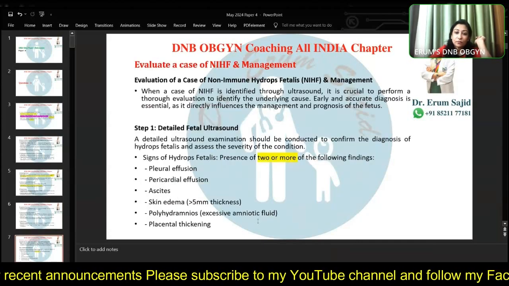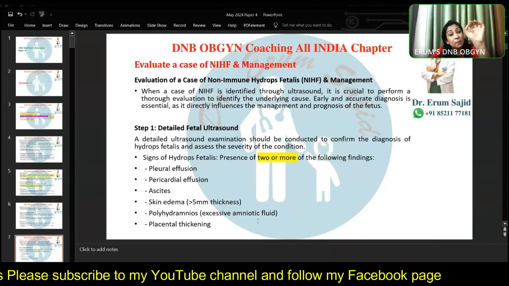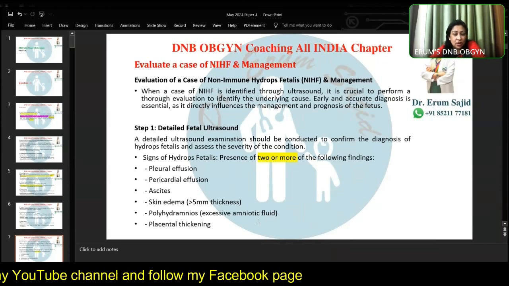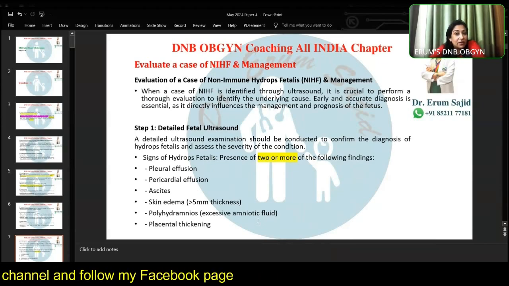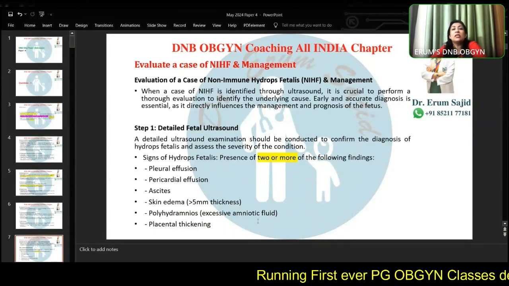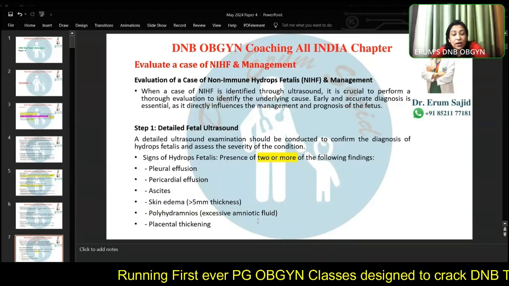So how will you evaluate a case of non-immune hydrops fetalis? How do you manage this case? Mostly remember, guys, that if you know the cause, you can manage it. Apart from that, you'll have to be very subjective, and you'll probably have to go more conservatively for non-immune hydrops. Of course, you first have to delineate the cause, preferably, because in that case you can counteract that cause and extend the pregnancy. So first of all, most important is a detailed fetal ultrasound, right? At least 2 more features have to be there to be called hydrops.